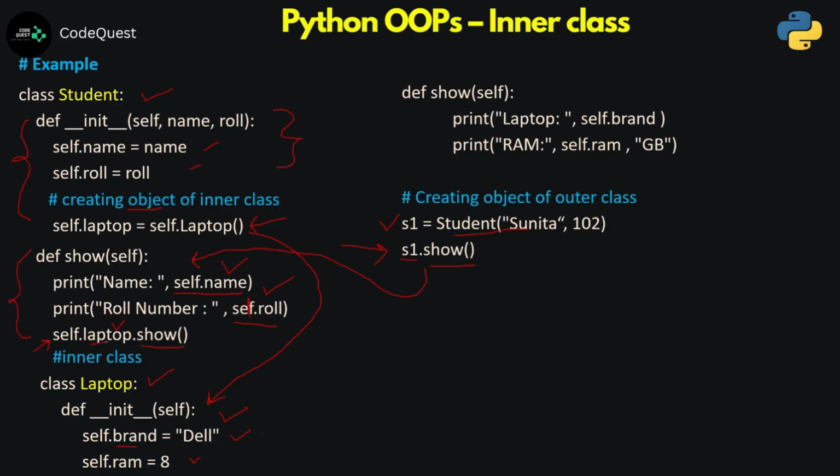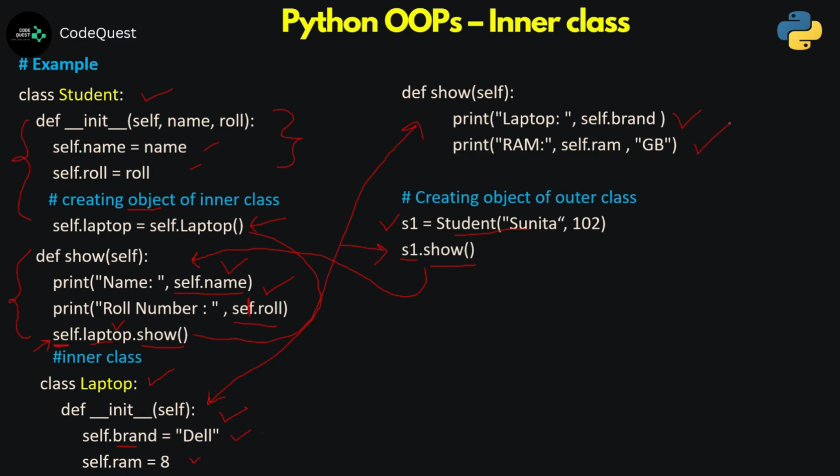See, inner class name dot method name, and it is preceded with the self, where self is representing the object of the outer class. So now this line will take the control to the show method of the inner class laptop, which is going to print the laptop brand that is set here, Dell, and the RAM specification, which is